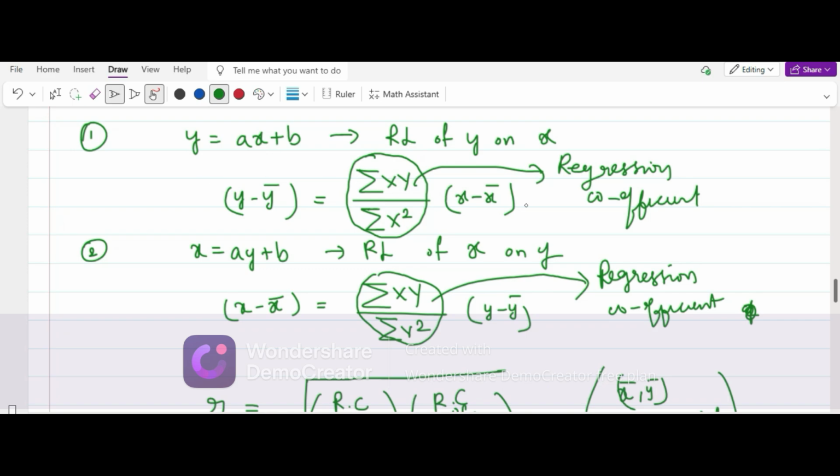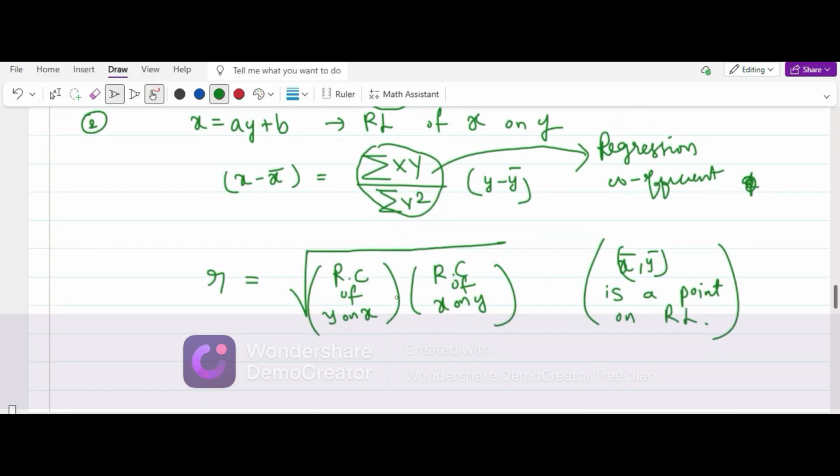This is the regression line of y on x. And you can write x in terms of y, that is x equal to a into y plus b. This is the regression line of x on y, and this is its regression coefficient. If you calculate the geometric mean of these two regression coefficients, you will get